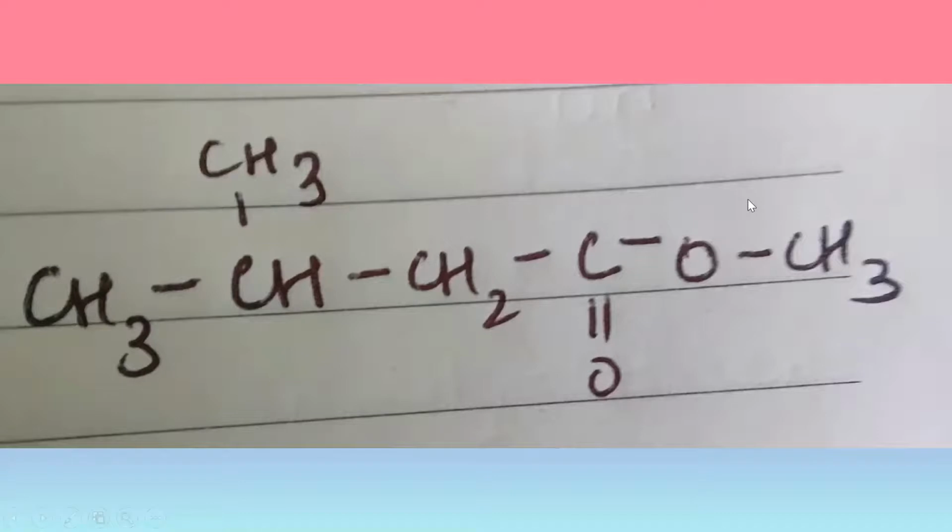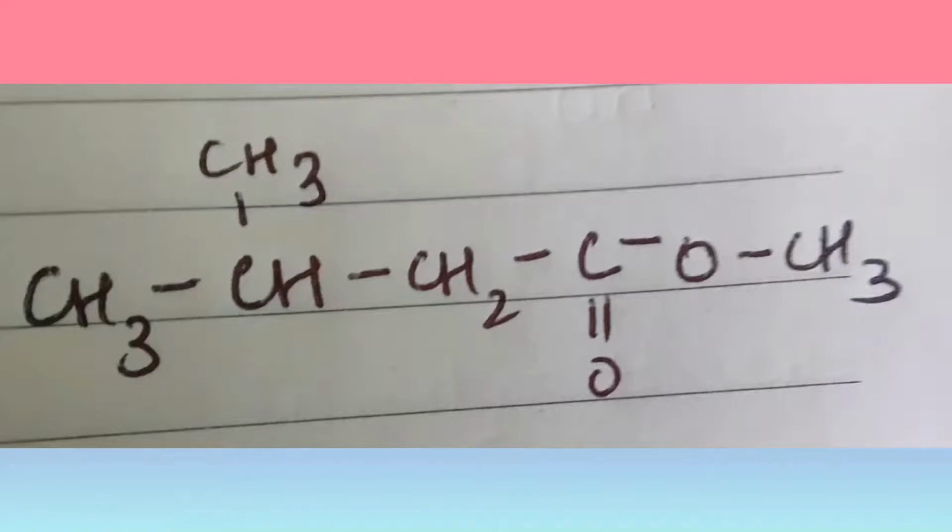So if you see now, there are 2 parts of this ester. The first one is the methyl part, the other one is the butyl part, which has 4 carbons. As we all know that methyl has the least number of carbons, the first alkyl part is given to methyl.